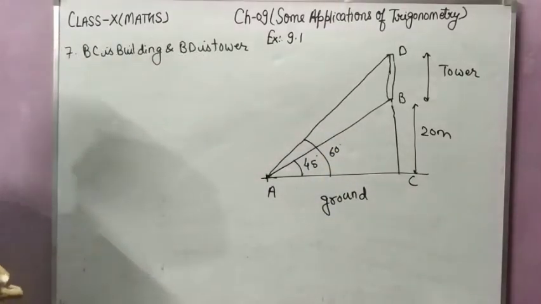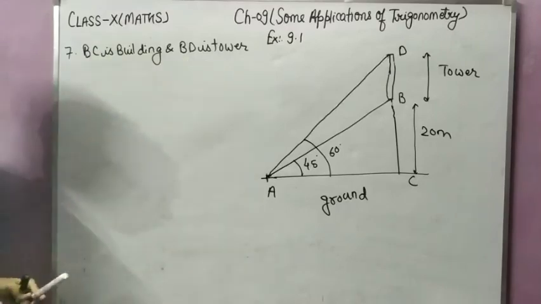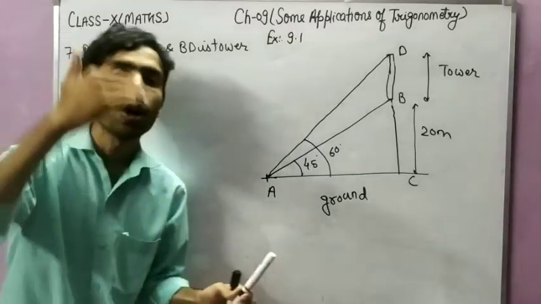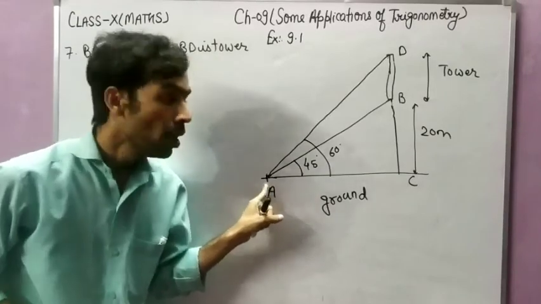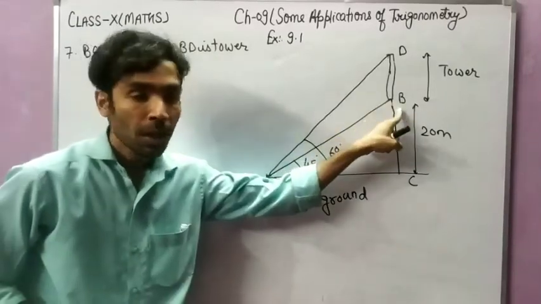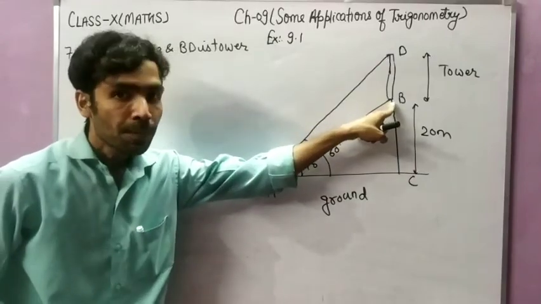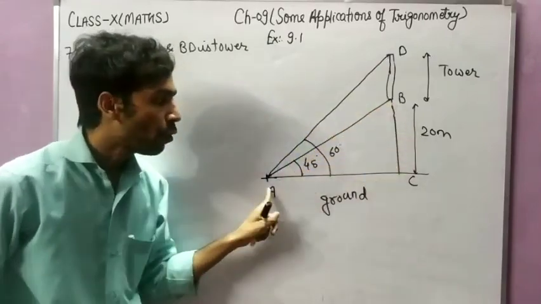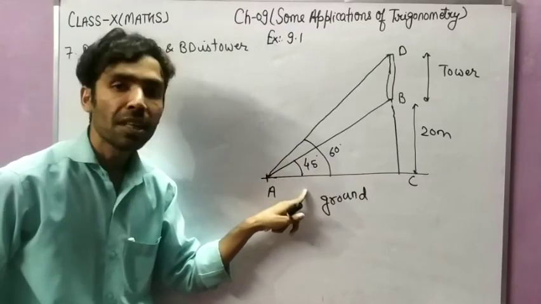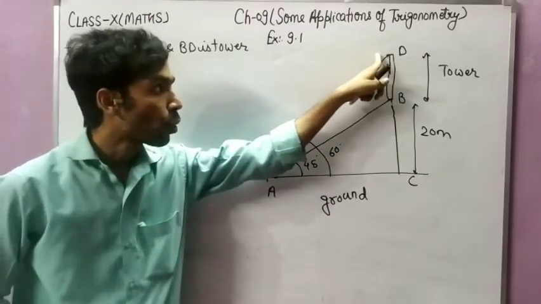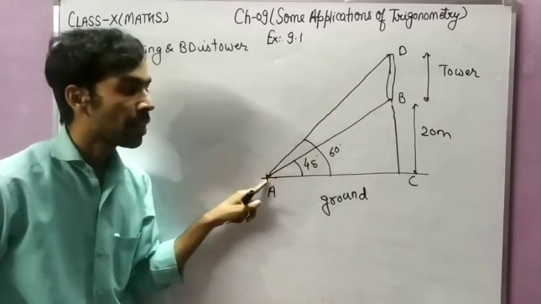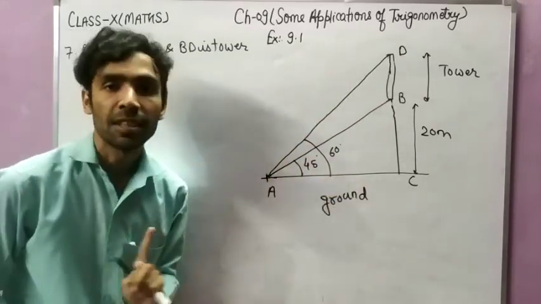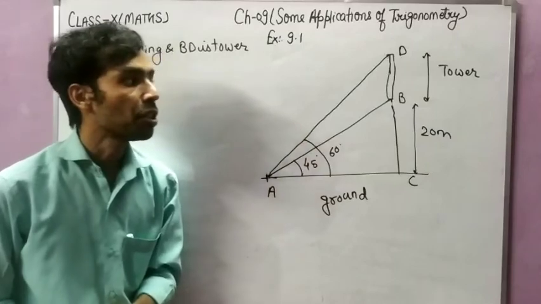So what we have written, BC is building and BD is tower. और हम लोग टावर के बॉटम और टॉप को देख रहे हैं इस पॉइंट से, ए पॉइंट से, जो कि ग्राउंड पर है. तो जब आप पहले उसके बेस को देखोगे टावर के, तो AB लाइन ऑफ साइट होगा, ग्राउंड AC होगा, तो एंगल ऑफ एलिवेशन 45 डिग्री बना. और जब आप उसके टॉप को देखोगे, तो लाइन ऑफ साइट विल बी AD एंड ग्राउंड विल बी AC, सो एंगल विल बी 60 डिग्री. तो हम लोग को हाइट ऑफ द ट्रांसमिशन टावर फाइंड करना है.